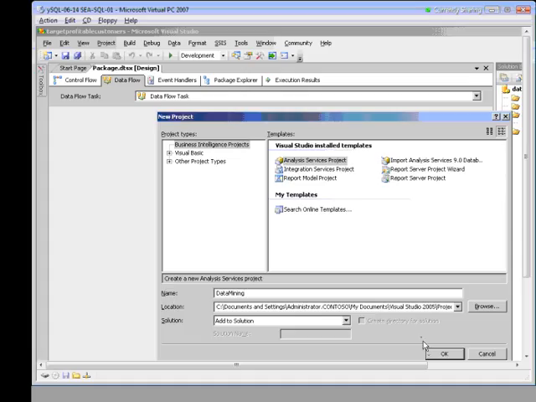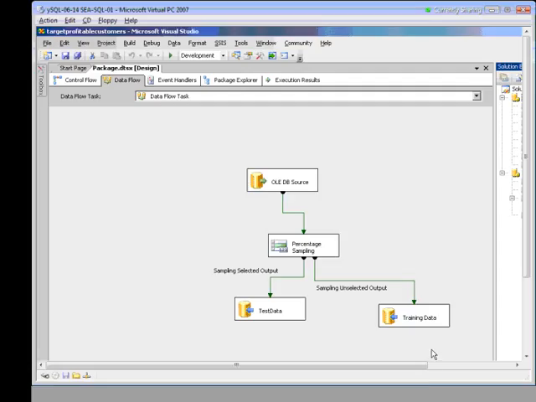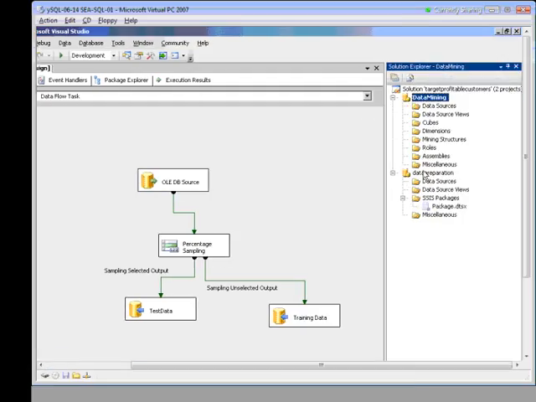So we'll go ahead and click OK there. And you'll notice on the right-hand side here, if I scroll a little bit to the right, we now have data preparation and our data mining. This project's created new items which we need to populate. First, we'll need to create a data source. The data source is what defines the connection to the back-end database. It's how we'll find our data.